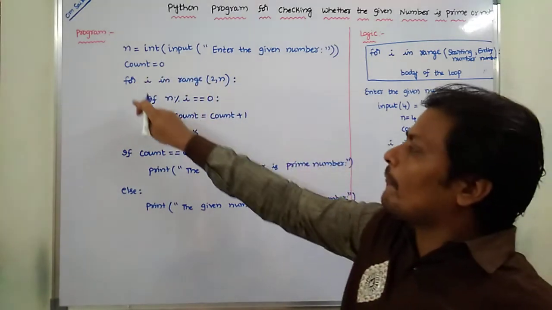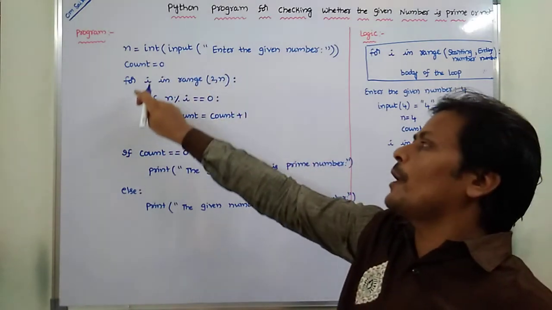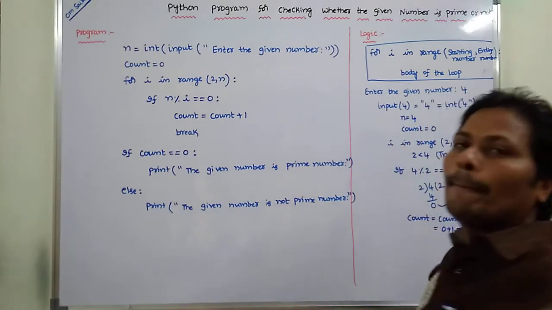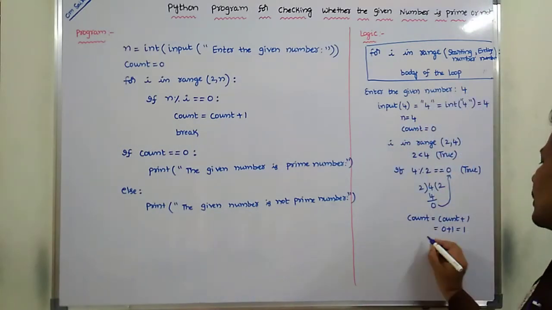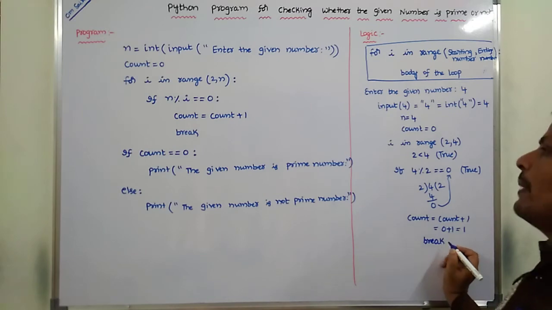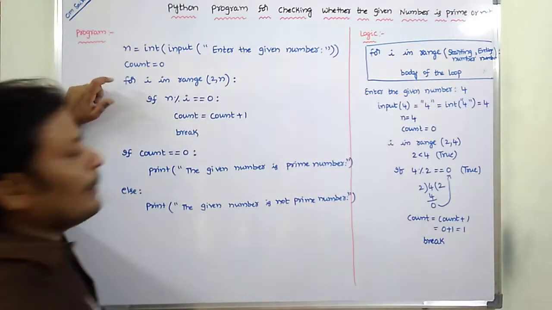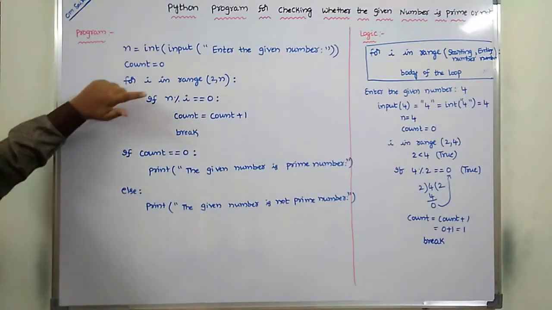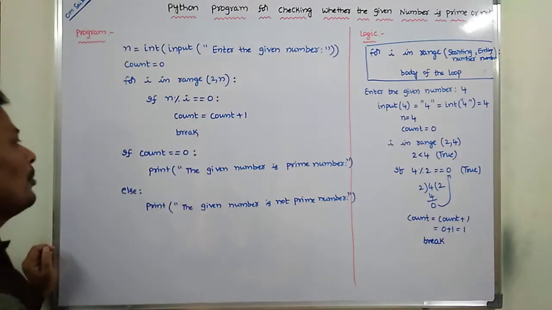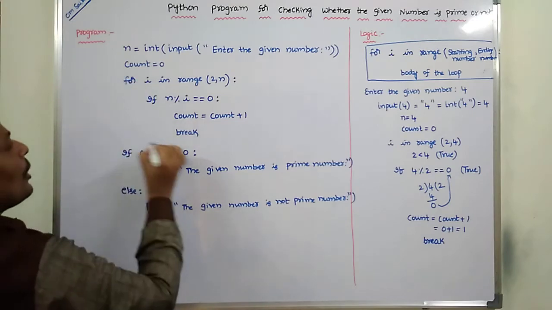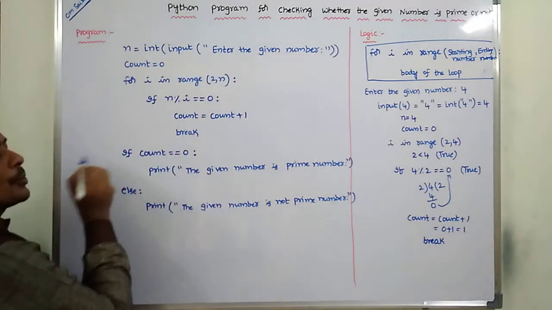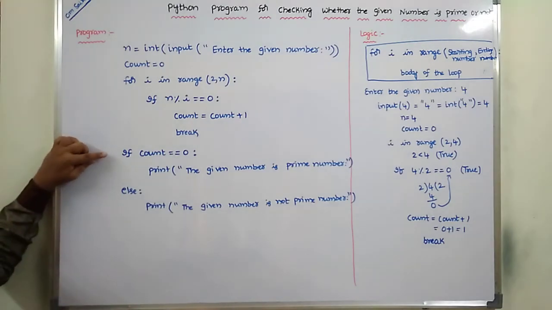Here this is the for loop. Suppose we want to exit from the for loop, we have to use the break statement. So the break statement is executed, and because of the break statement, the control is transferred from this place to outside of the for loop. Outside of the for loop means the for loop range is this one. Then the control goes to the next statement after the for loop.